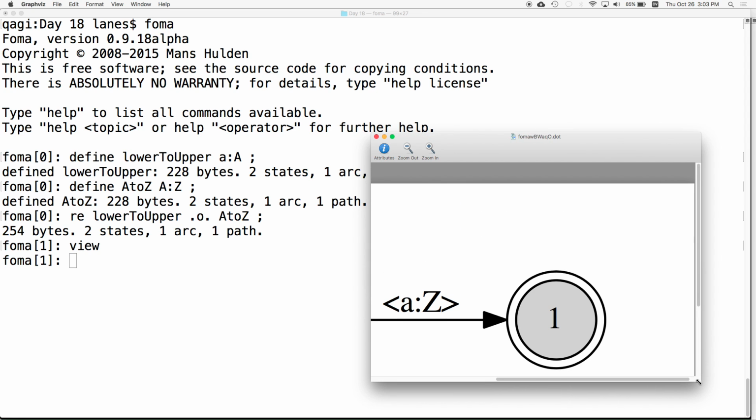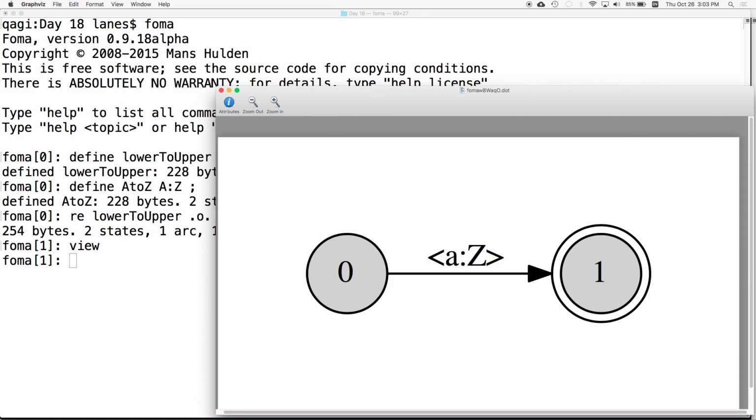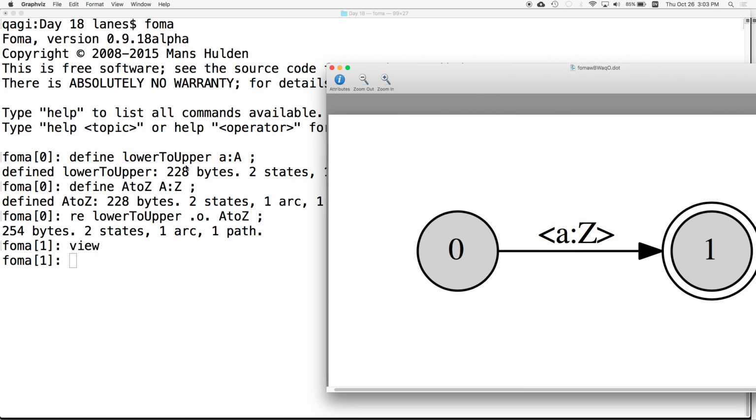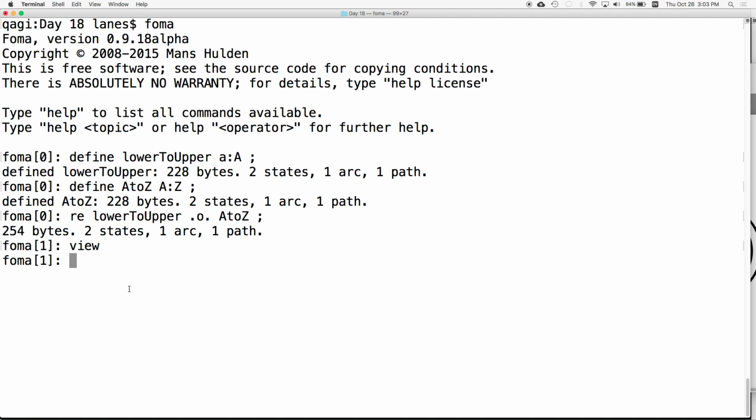This is what you do if you don't remember. Try a little toy example like this. Okay, so we want the sides that match to be together here. In other words, we've got the function lower to upper that accepts an A and gives an A, and then this one accepts this and gives this. So it is as if I had done